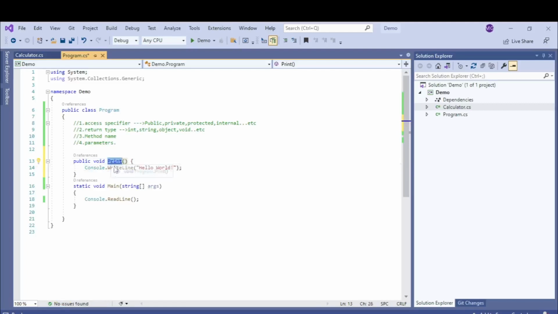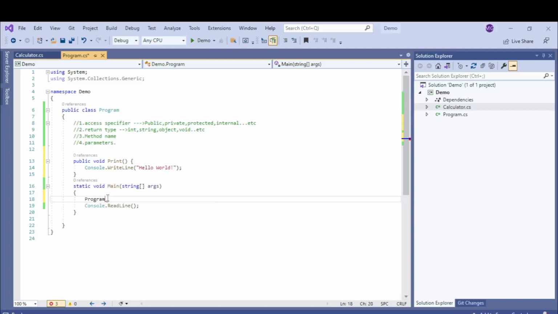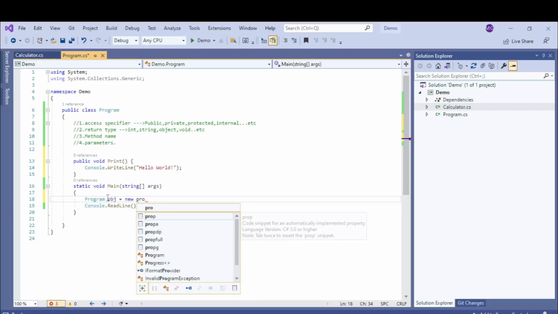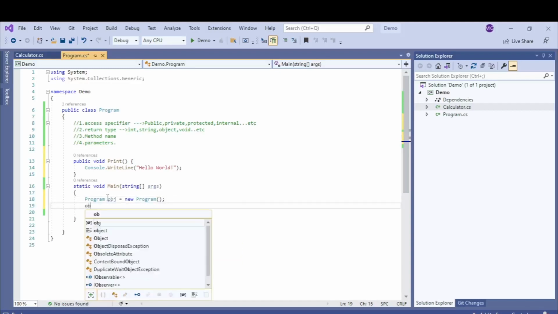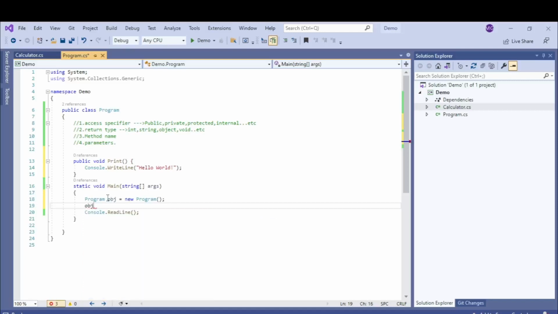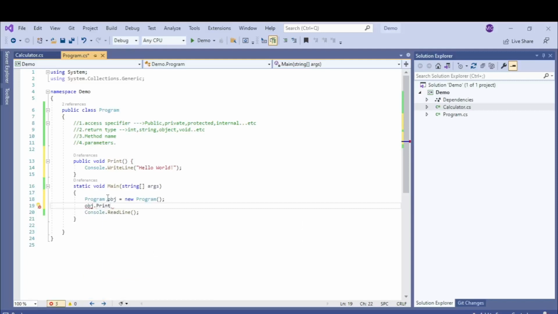Let's call this one. For calling, I have to create the object of the class. Program obj is equal to new Program, and then we'll call this method by using obj.Print. See, Print has come.